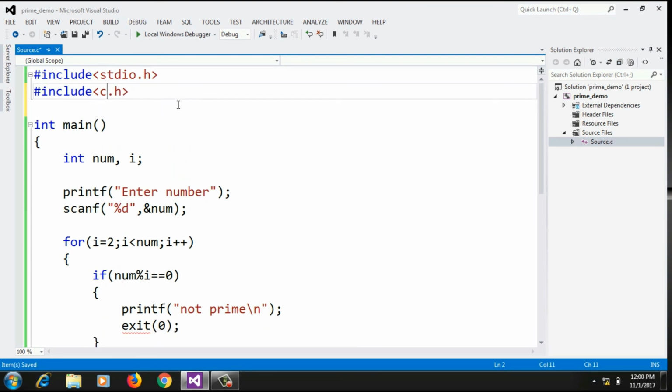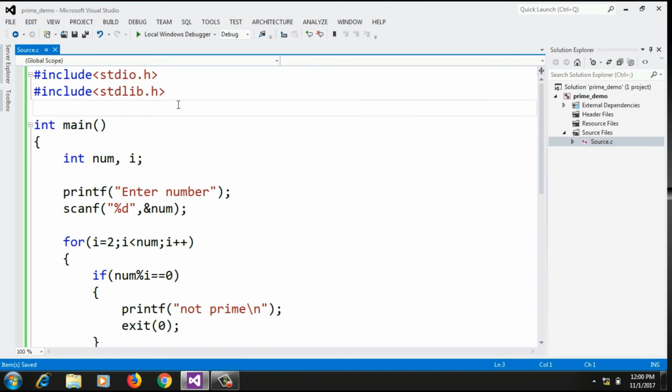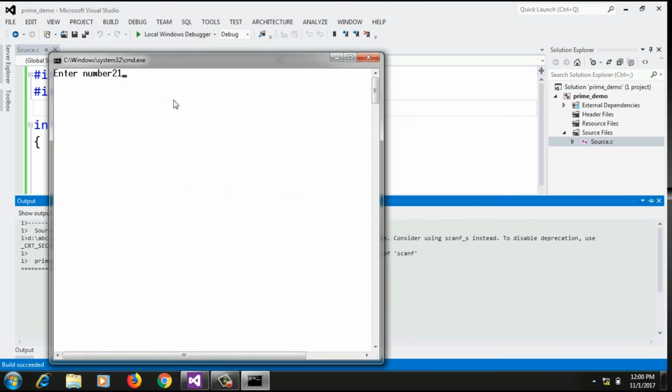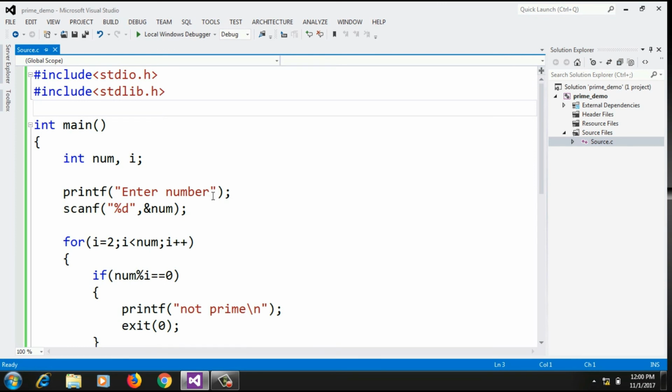Okay, yes, with stdlib the error is gone. And now let's check. Suppose I enter the number 21, then it is saying not prime, so the answer is correct. So this is giving me the correct output for 21.